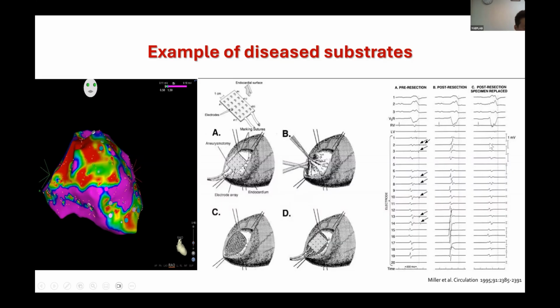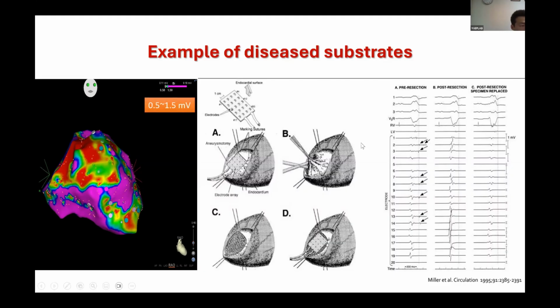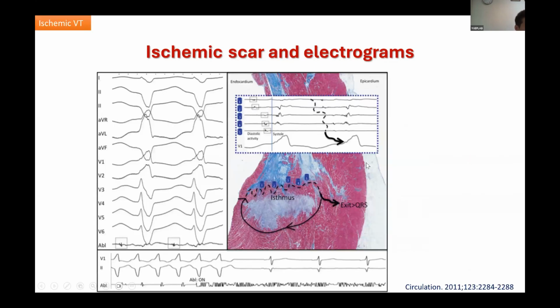But you could say that once they put the scar in and try to map it again, you could find that the late potential disappears. So it's just like a proof of the ischemic substrate that has some surviving myocardium. This is a very beautiful demonstration published by Rod, showing the ischemic animal model